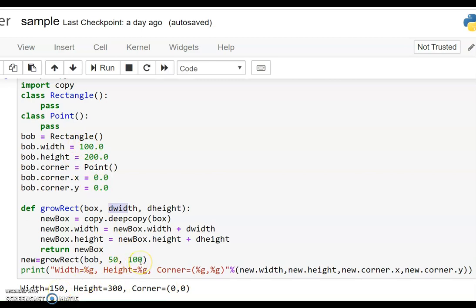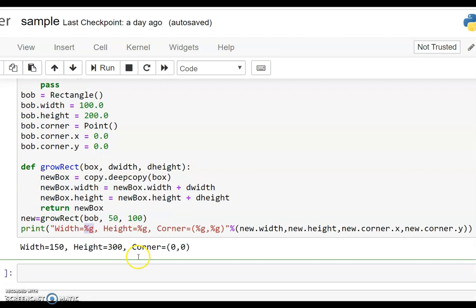The height was 200 before, now we pass the new value of 100, so we get a total of 300 as the new height. But for the corners we are not passing anything, we are not altering anything, so we get the same 0. You can observe one more point here: for all these 100.0, 200.0, we are not getting any decimal value because of this format specifier %g.